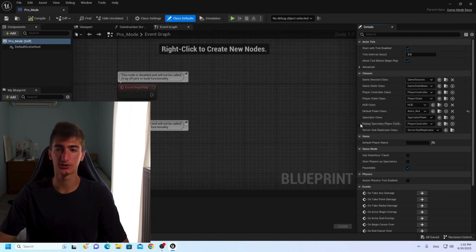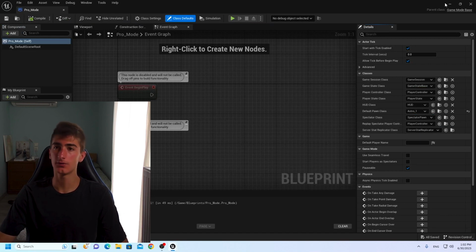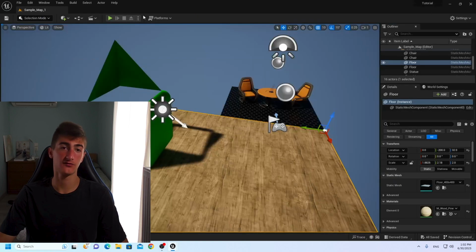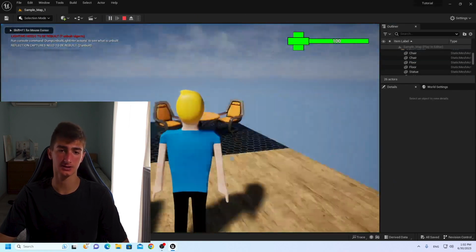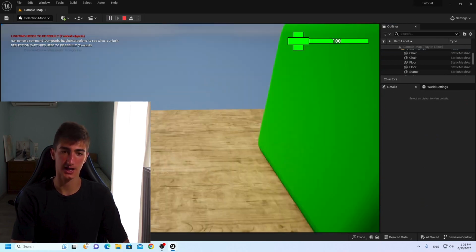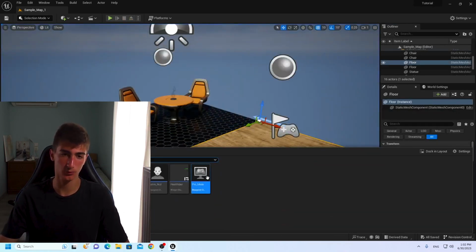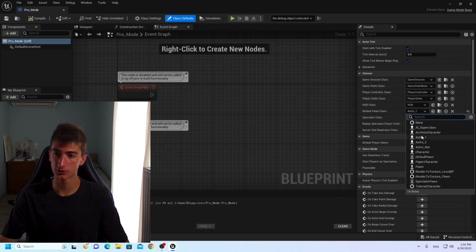Instead, what we're going to do is go here in Pro mode and set Astro 1 to be our character if we want to spawn as the subclass character 1. And you can see if I change cameras, everything works perfect. We can jump, we can sprint, everything just works like a charm. Then if we go into Pro mode and